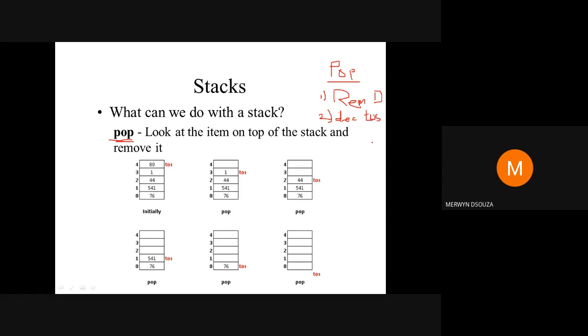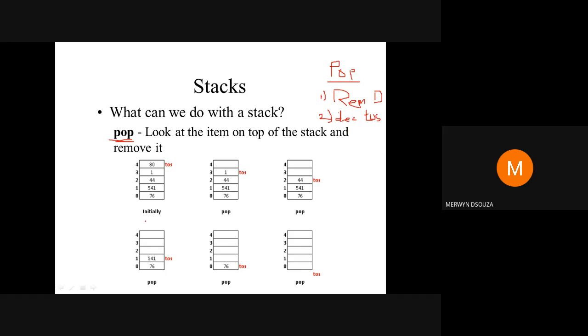So I will again repeat. Pop operation consists of 2 steps. First one, remove the data which is present where top of the stack is, and in the second step you will decrement the top of the stack.